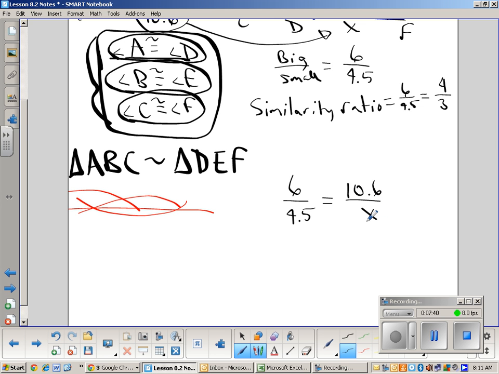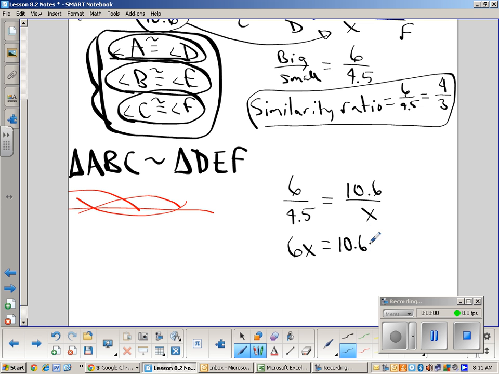You don't have to find this in simplest terms and use that here. You can just use the numbers they give you. Okay? But sometimes they'll ask for both. They'll ask for the similarity ratio, then they'll ask you to find the variable. Okay? So 6x is going to equal